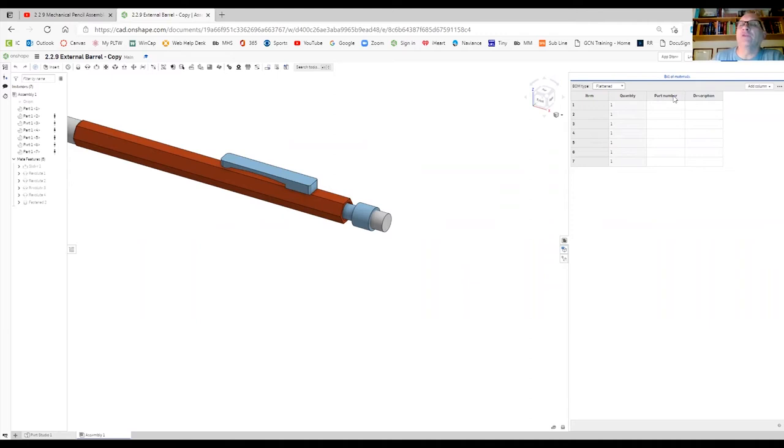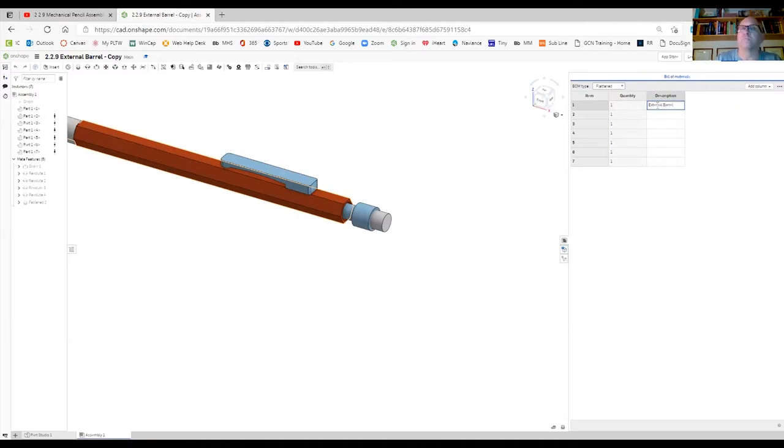Now, normally I have you delete the part number and description, and then we usually add in the name, but this time we're actually just going to delete, right click and remove part number, and we're going to add a description in. So I'm just going to hover over item number one. And if you look over on your part, you can see that's my external barrel. It's kind of highlighting it. So I'm going to double click in here, and that is my external